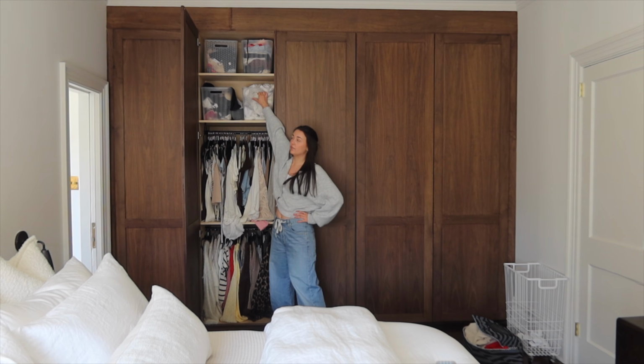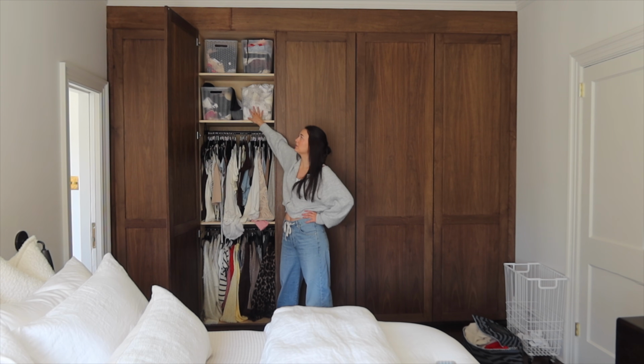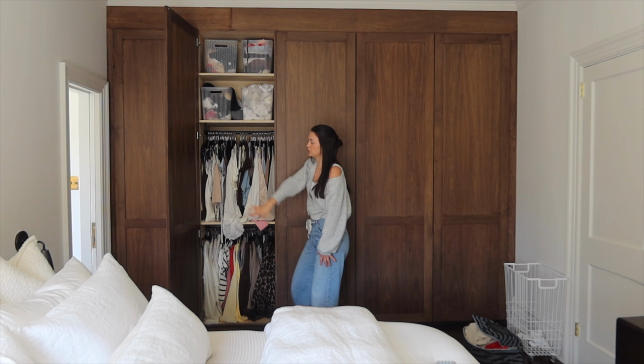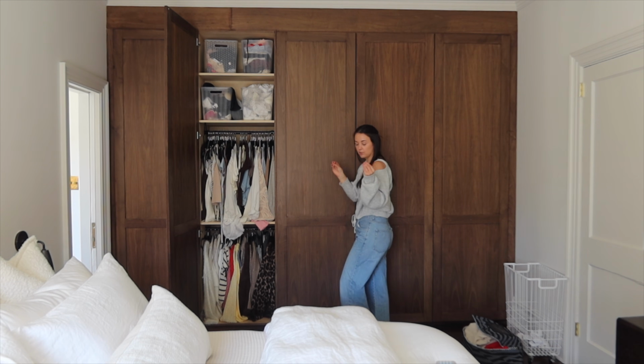And eventually I will find some cute little bins and stuff to go up here. But since this was custom built, I feel like the dimensions for these bins are kind of odd. So I haven't really found anything that is gonna work, that's gonna be able to maximize the space. So bins will be last priority, but I just want to purge what's hidden in here and start going through my other hidden clothing storage too, because I need to know exactly what I have, because I want to start